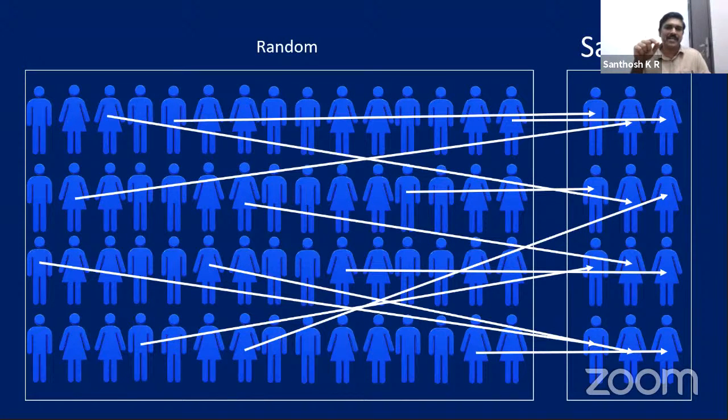See, why are we calling it random? Because everybody in the population has a chance to be a part of the sample. If you do not understand it properly, just watch that video on sampling. You will understand more about it. That means everybody has the probability to become part of the sample.